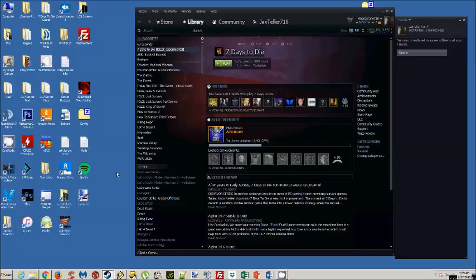Okay, so there's a new experimental out and you want to install it, but you don't know how to. Or even if you do know how to, you don't know how to actually clear your entire amount of data so that you get a fresh install. So what you're going to do is when you have a new experimental release,